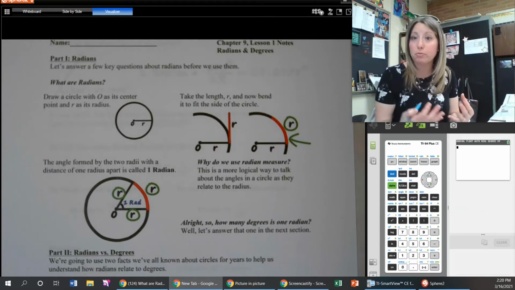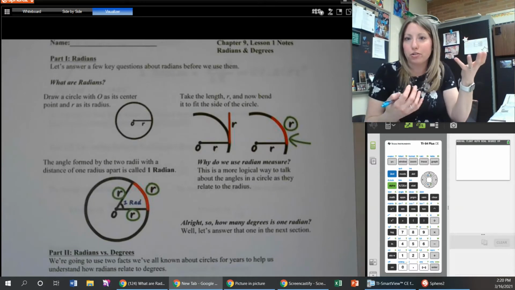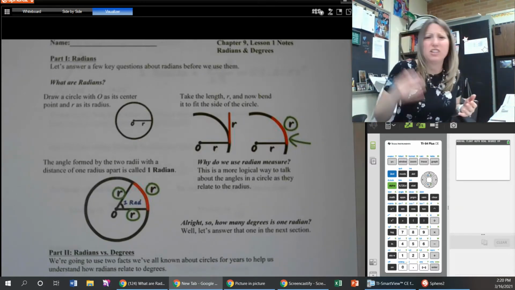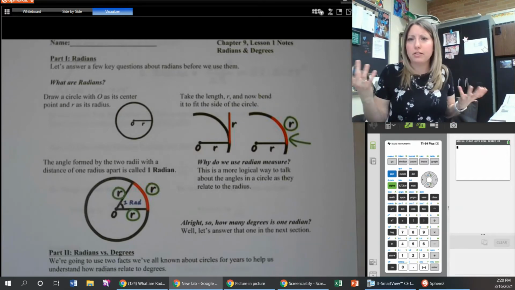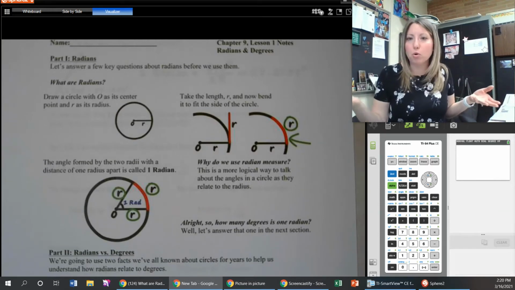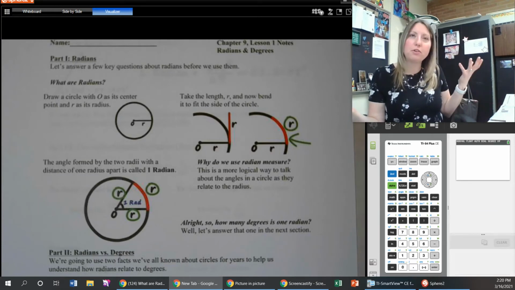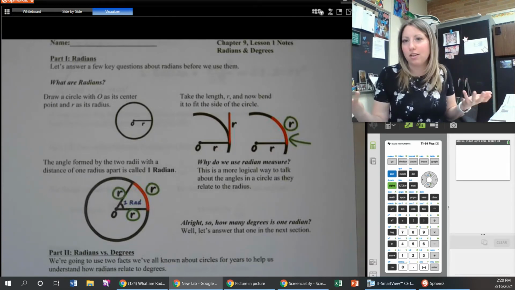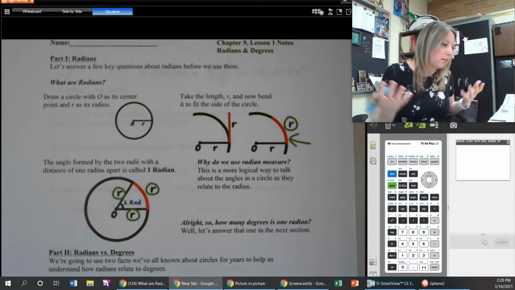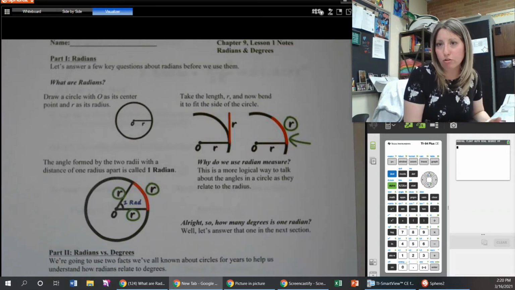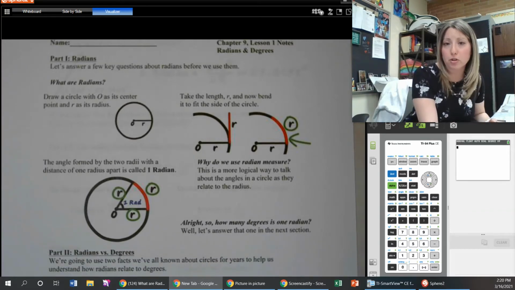But it's a new concept, so we're still kind of going to be degree people. I'm still a degree person, even though radians really does make more sense. It's just like inches versus centimeters, as far as measurement. The metric system makes more sense, but I have grown up with inches and feet and yards. So that's where I think, even though it doesn't make as much sense, we're adding a different way to do the same measurements that should make more sense for us,